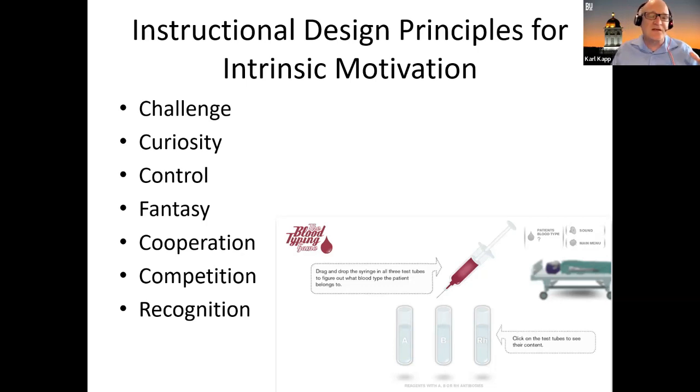So all of these things, as you start to think about designing gamified instruction: does your gamified instruction have a challenge? Does it evoke a sense of curiosity? Does it give the learner a sense of control? Is there a little bit of fantasy in there that might make it cognitively challenging or help people leave some of their baggage at the front door? Is there a sense of cooperation where people could work together? Is there also coopetition? Some people say cooperation and competition, coopetition. Is that in there? And then finally, recognition. Can I allow people to be recognized for what they're doing? All of those can help motivate somebody through a gamified learning experience.